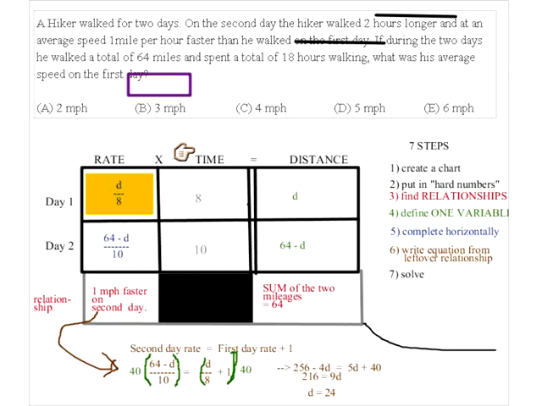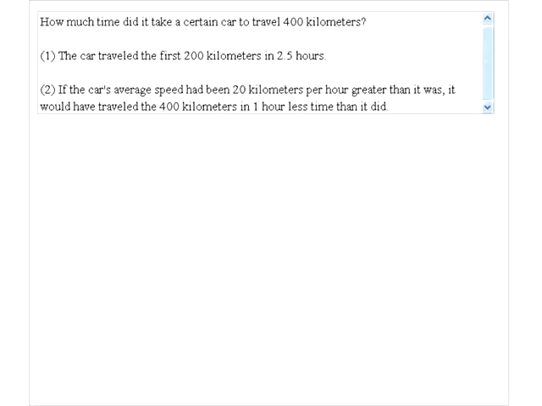Okay, let's move on. Let's try a data sufficiency problem. Here's what I'm going to do. This is a little bit different for data sufficiency, but I want to see how you guys do. So what I'm going to do is turn on the polling. If you look in the upper left corner of your screen, you should see A through E answer choices up here. I'm going to give you time to do this.